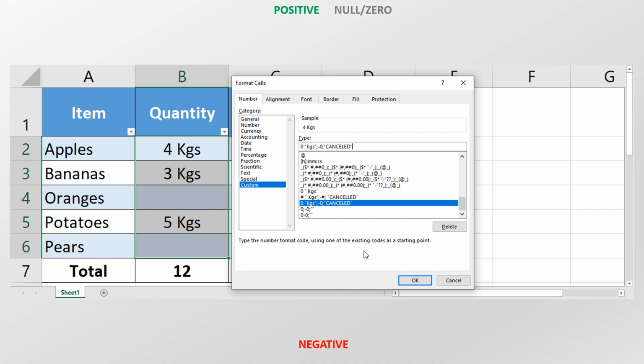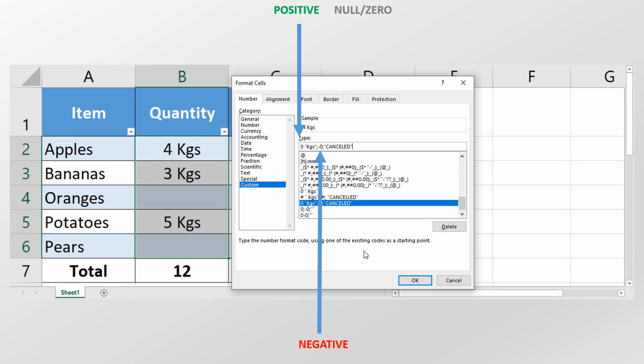So, enter 0 semicolon, minus 0 semicolon and cancelled in quotes. What does it do? Let me explain clearly the custom number format which Excel understands. The first number 0 indicates the value which has to be displayed if the value of the number is positive in the cell where you are formatting.